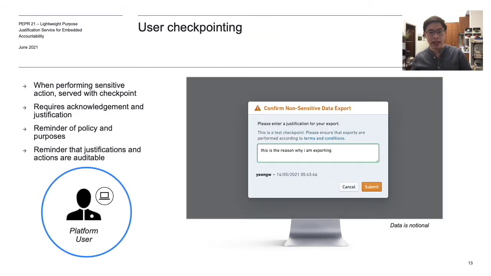Now let's switch views and assume you're a user of the platform. Based on the configuration from the governance user before, as you're going about your daily routine, just as you're about to commit the sensitive action that was configured, you get served up a prompt, which we call the checkpoint. In this, you're reminded of the purposes you can use the data for, as well as reminded that these justifications can be reviewed. You acknowledge a checkbox, you input a response to justify the action, and then you move on with your action. This might not be a gating function,